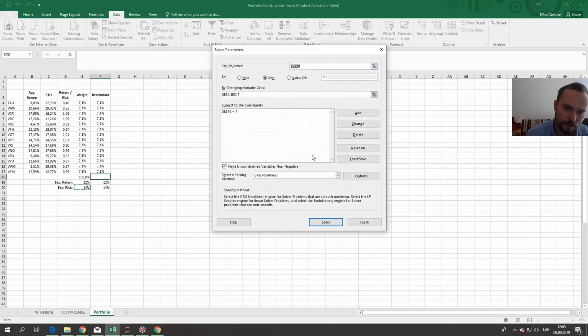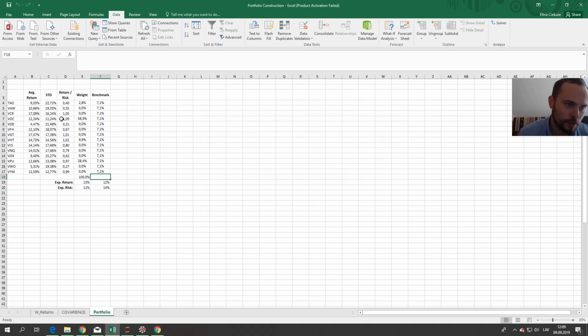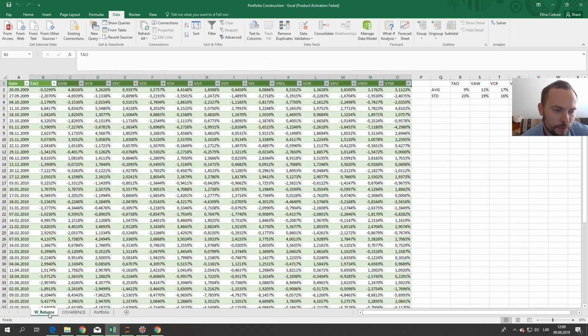You can have a lot of different constraints here, but at this point we'll just click solve, and it was pretty fast, as you noticed. A lot of allocation on one asset though, okay, but this is the minimal risk portfolio, at least according to our calculations. So what we can do here, if we want to have some sort of visual on this, we can also